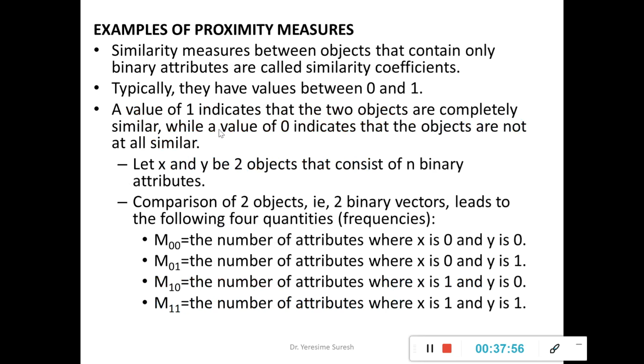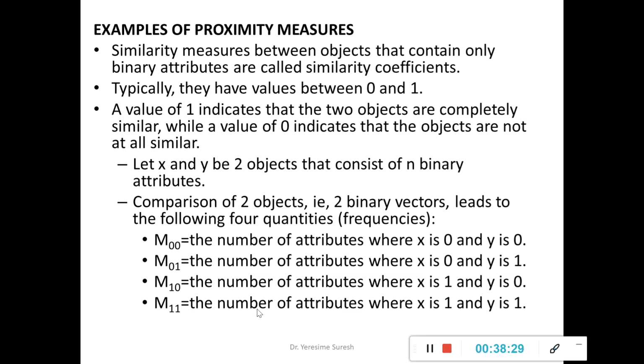The first thing is, if I take two data objects x and y and it consists of n number of binary attributes, that means both the objects x and y will obviously have n number of binary attributes, and I'll define four notations m00, m01, m10 as well as m11, or in terms of your two-way contingency table we have already defined f11, f10, f01, f00, the same way, m00, m01, m10, m11, wherein what does m11 indicate?